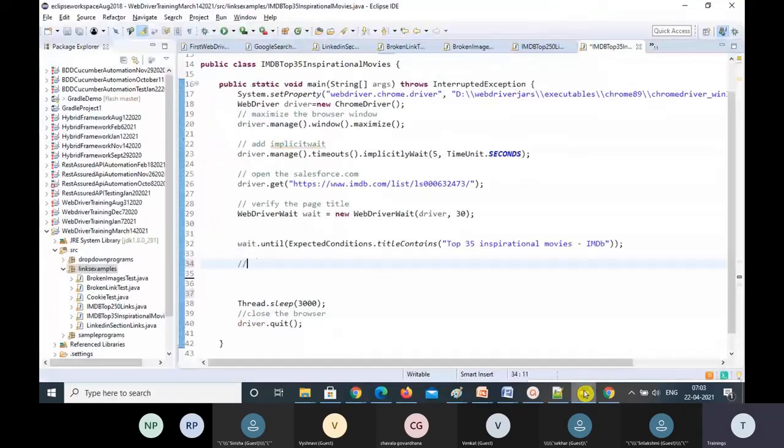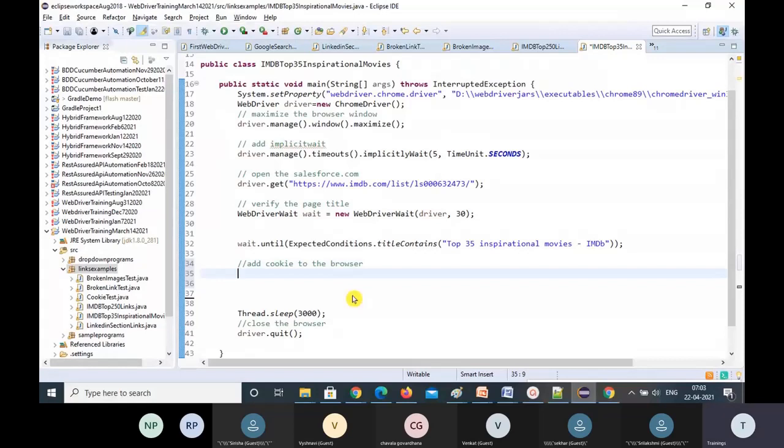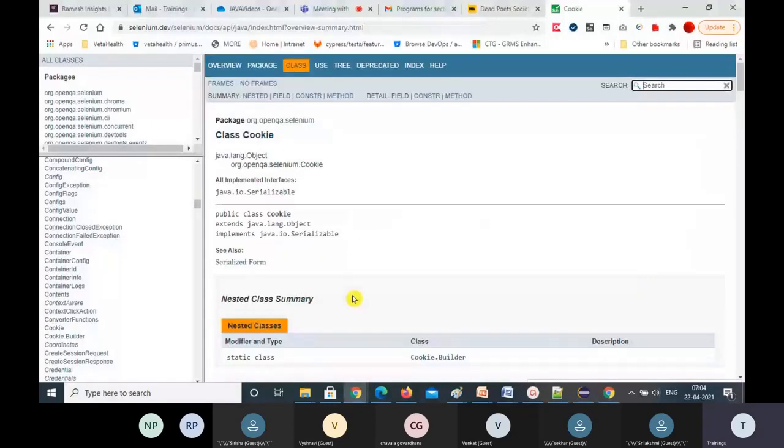First, how to add a cookie to the browser? So first create an object for the Cookie class. Cookie ck equal to new Cookie, and you need to give the cookie name first. See that here, follow the constructors.